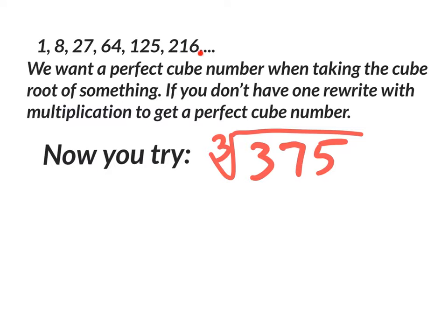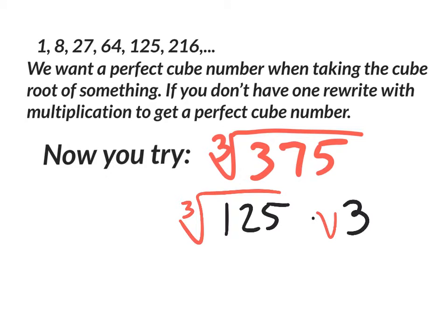I have the perfect cube numbers up here. All you have to do is get a calculator and do 375 divided by 8, divided by 27. Go for the highest one possible, which is going to be 125. If you go 375 divided by 125, you will get 3. So 125 times 3 gives you 375. Let's rewrite that as 125 times 3, and let's split the third root